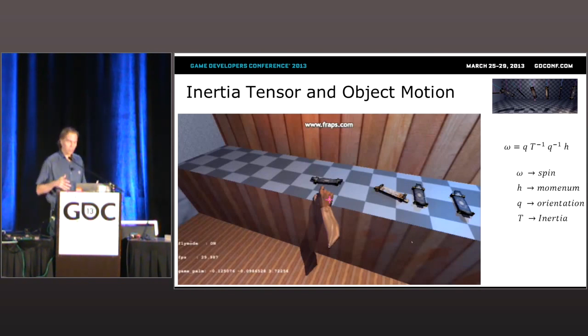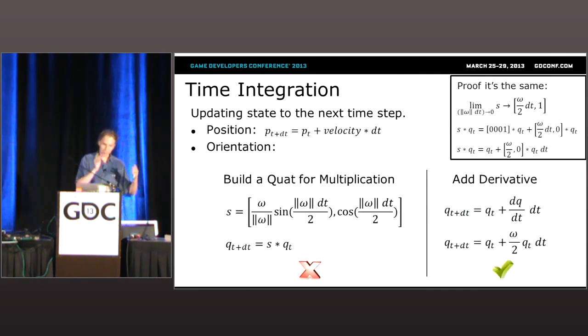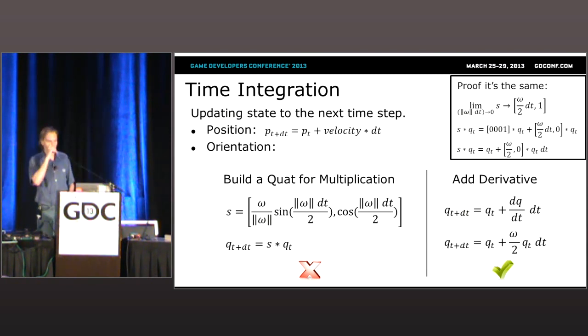Okay. So what we looked at so far was the volume integration, or calculating these properties of our objects. So now, that's sort of the work half. Let's study the other half, the fun half, a little bit more, and that's this time integration. Okay, so volume integration and then now time integration. Well, that's just fancy terminology for how you update some object from its current state to where it is at the next time step. So for position, you've got some guy, position p_t at time t. His position at p_(t+Δt) is simply you add his velocity times the time step, and you got